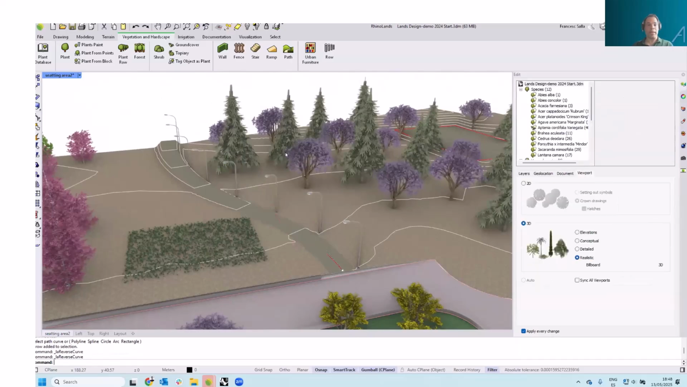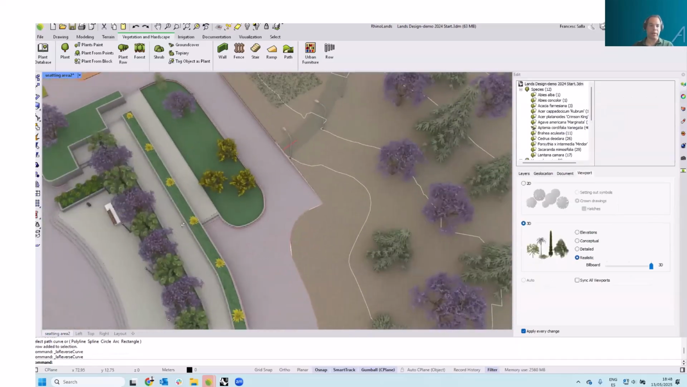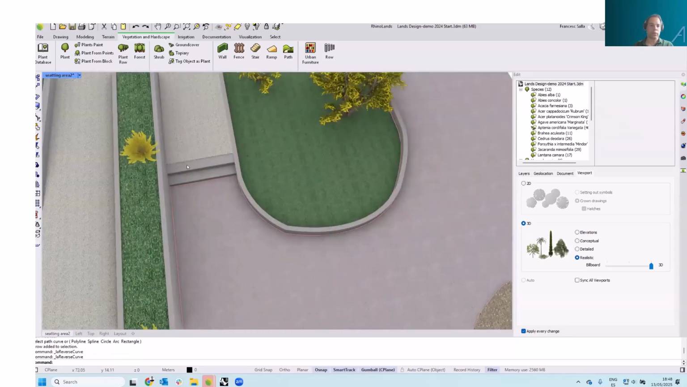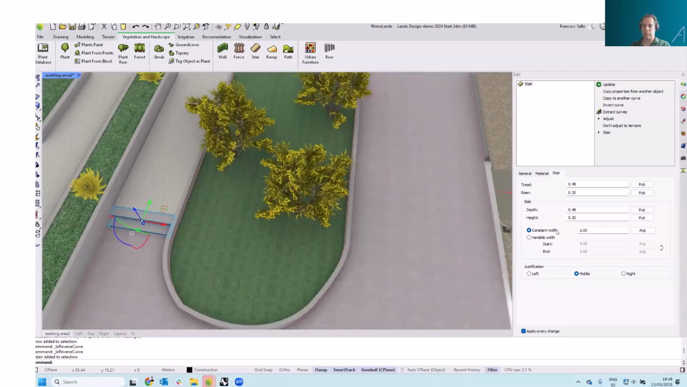And maybe we can insert a few other elements for the hardscape. Maybe we can insert a ramp in here. To do so, I'm gonna select this stair, which is a parametric object. So I can change the width to half of it. I also change the alignment. So in that other part, I will